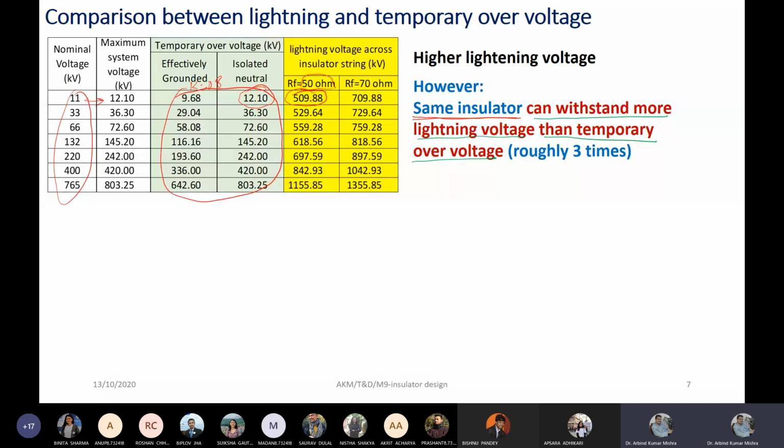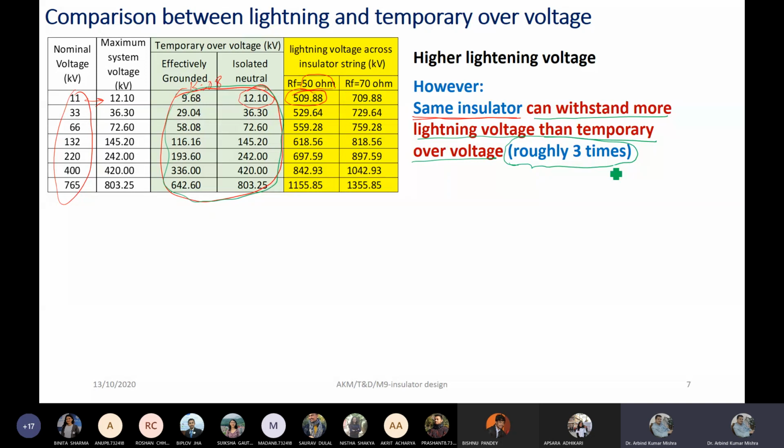So obviously, if the insulator can withstand 10 kilovolt of temporary overvoltage, then naturally the same insulator can withstand more lightning voltage. But this does not mean infinity. Roughly, from insulation properties and experience, it is around 3 times. That means if an insulator can withstand 10 kilovolt RMS, and remember all these voltages are in RMS,